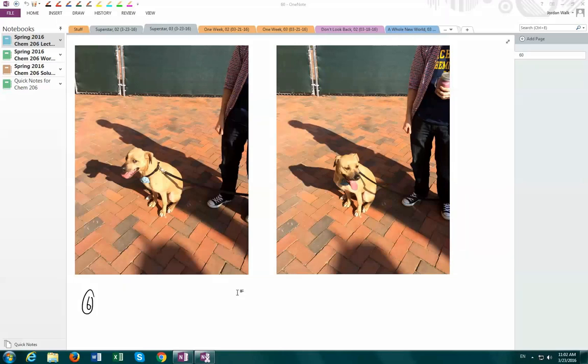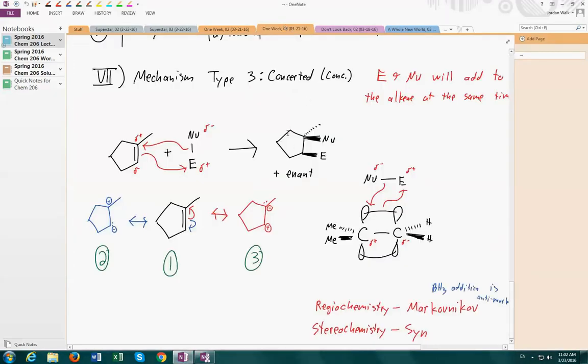So let's see. We're just going to jump into it. Last time we had introduced mechanism type 3, and it's a concerted mechanism, so we're going to form our carbon nucleophile bond at the same time as we form our carbon electrophile bond. And so we learned that the regiochemistry of this type of mechanism is still going to follow our Markovnikov type addition, but what we want to focus on is making sure that we have